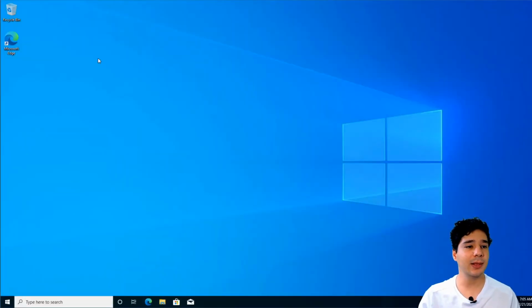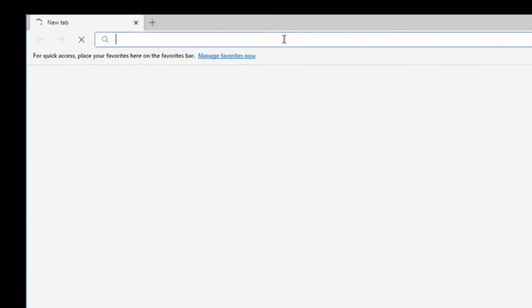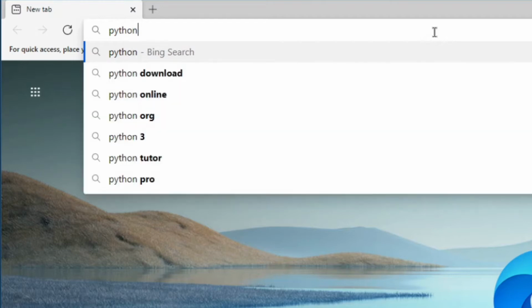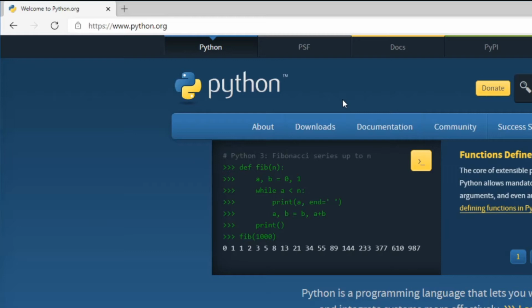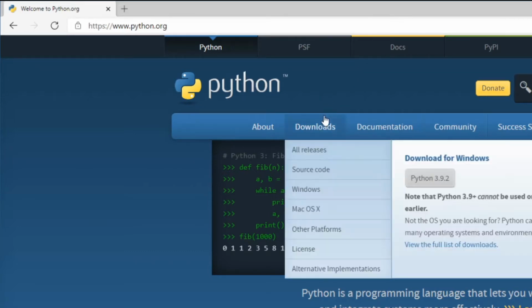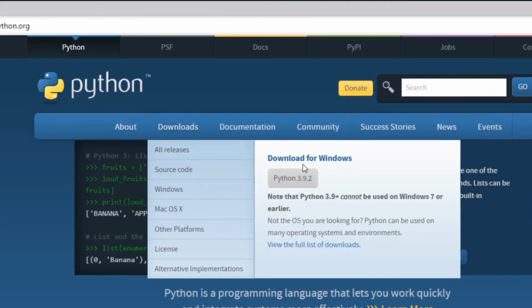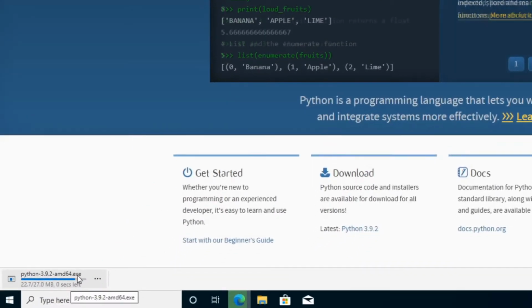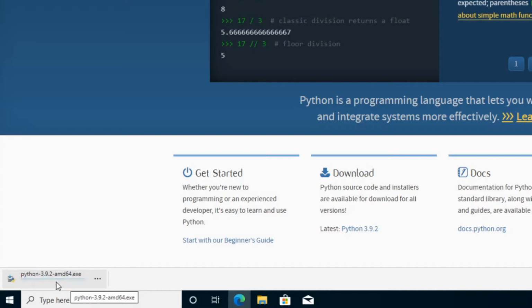Alright, here we are in Windows, and now we will launch this Edge browser. I just installed this Microsoft Windows, and we can type here python.org, which is the website of the Python language. We have to go to download, and it will auto detect for Windows. We click here and it downloads the executable. Okay, then we click here,